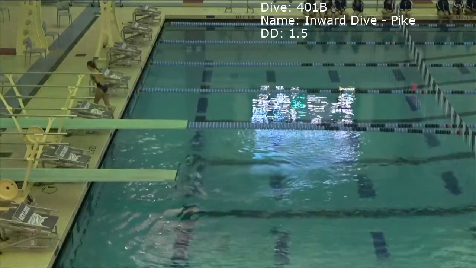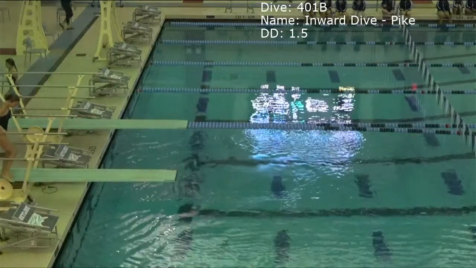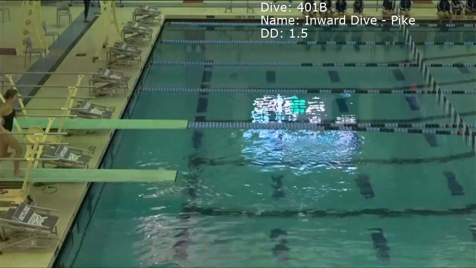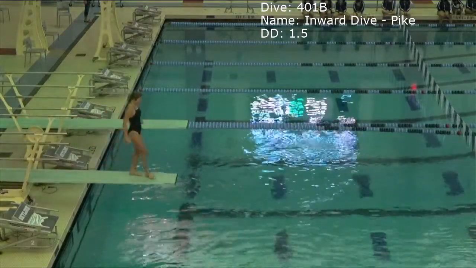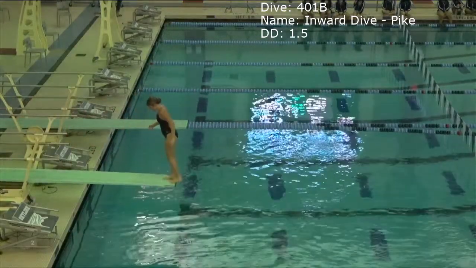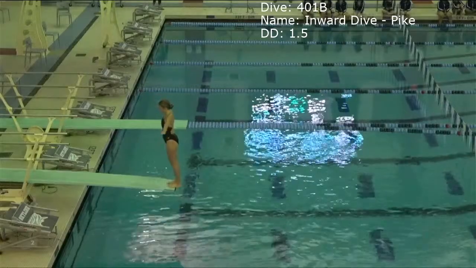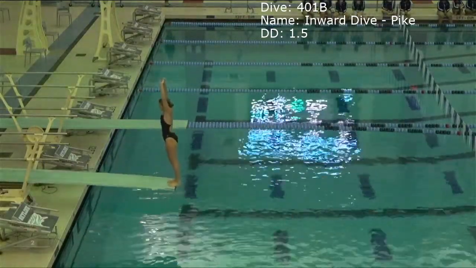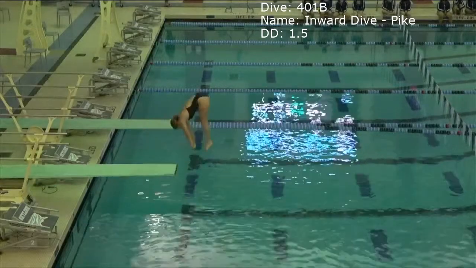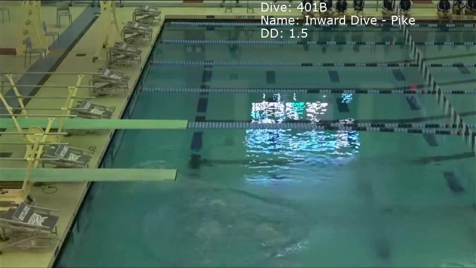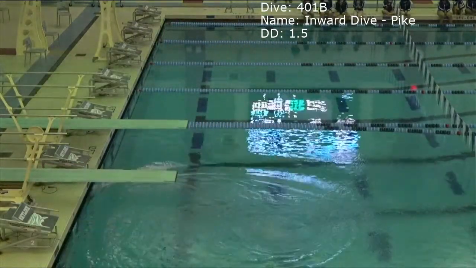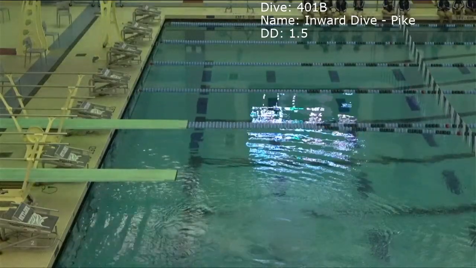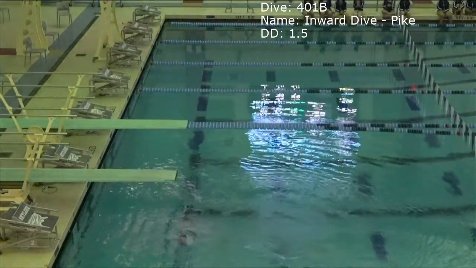At the start of round 3, Libby will do a 401B inward dive in the pike. Degree of difficulty is 1.5. Scores for Libby 4.0, 5.0, 4.0 for 19.5.